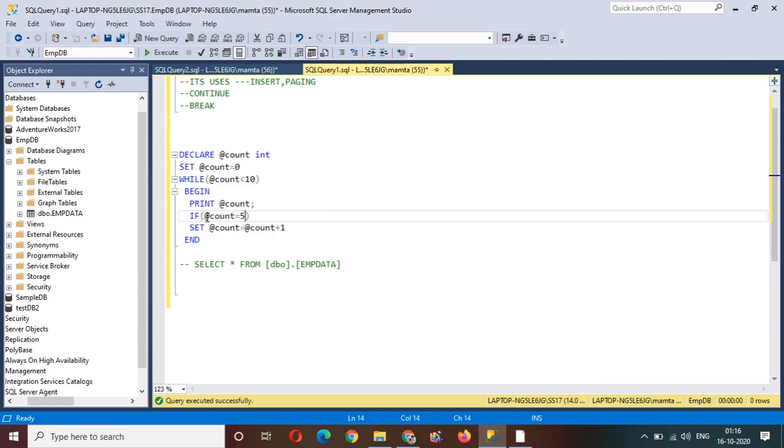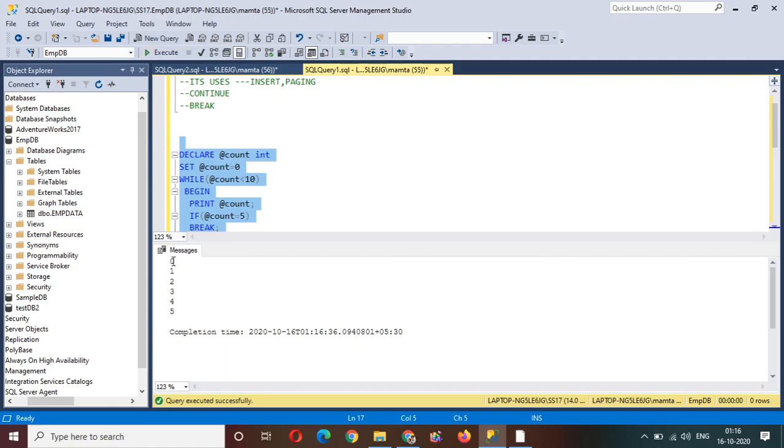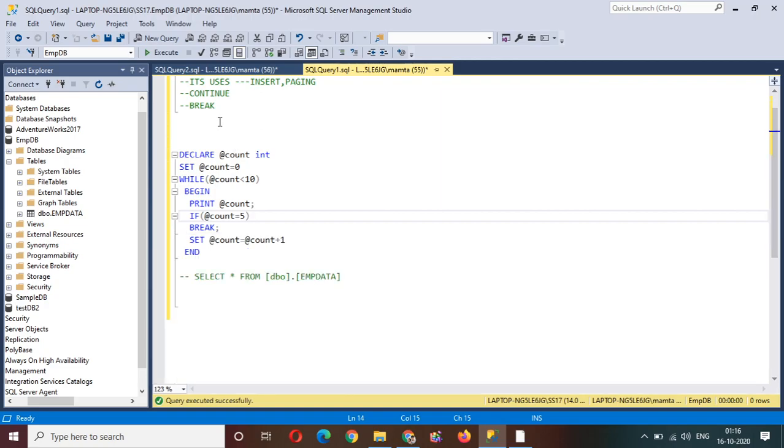If the count value becomes 5, then I want to break the loop and come out of the loop. So you can use the break keyword, which is used in the while loop. If you see here, 0 to 5, it has printed till 5, it has not printed 6, 7, 8, 9. This way you can use the break keyword.